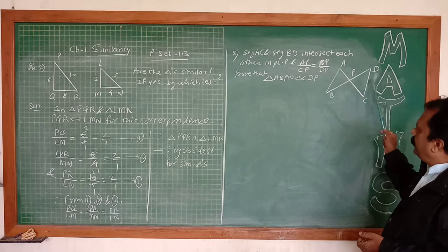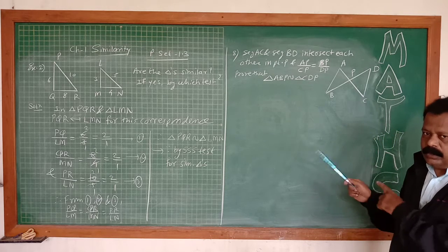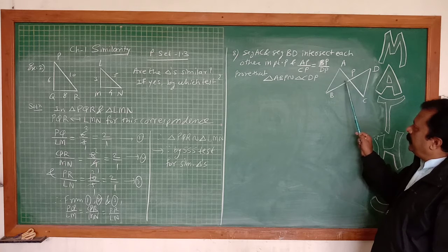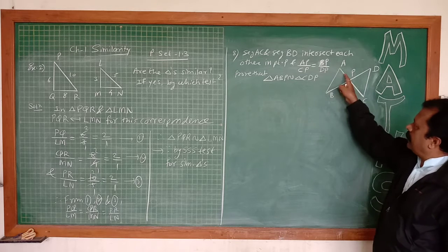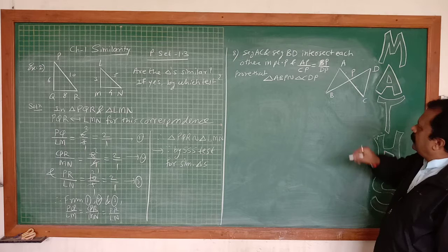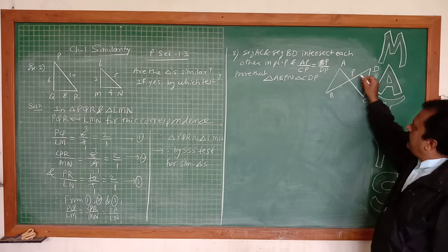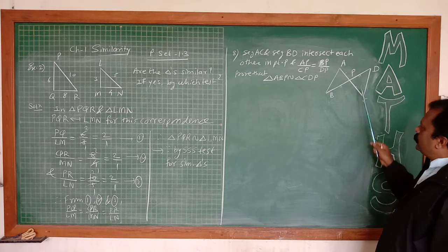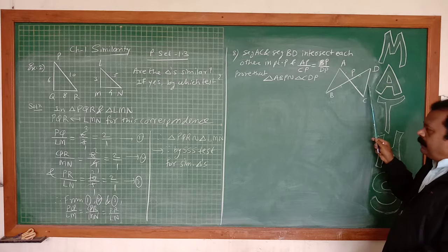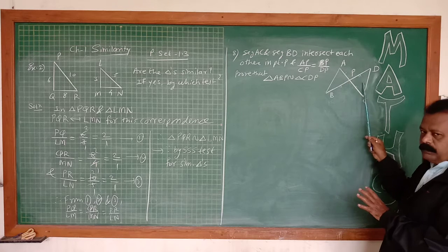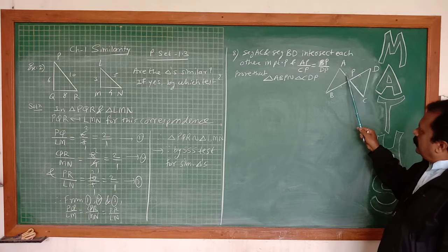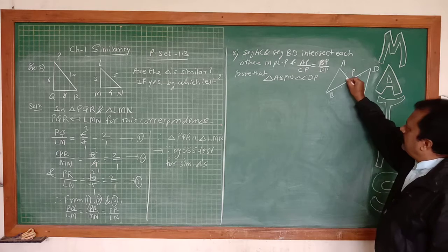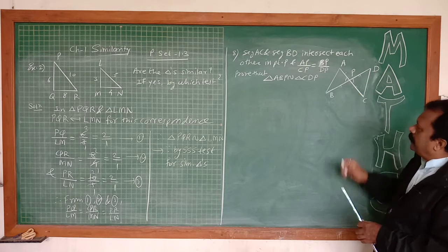And this side and this side, AP and CP, are sides of triangle ABP and triangle CPD. So sides are in proportion and we have to show only the included angle congruent. See, AP is here, CP is here, BP is here, DP is here. These are sides of two triangles. Now, this side divided by this side is equal to this side divided by this side. Means two sides, and this is the included angle. These two sides, and this is the included angle.